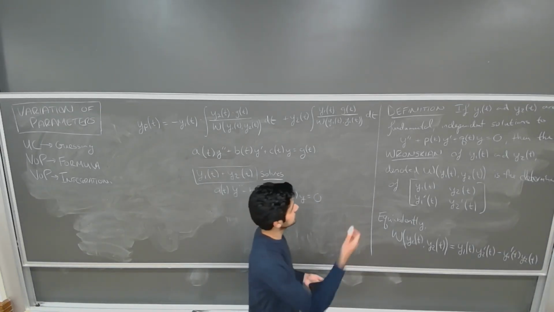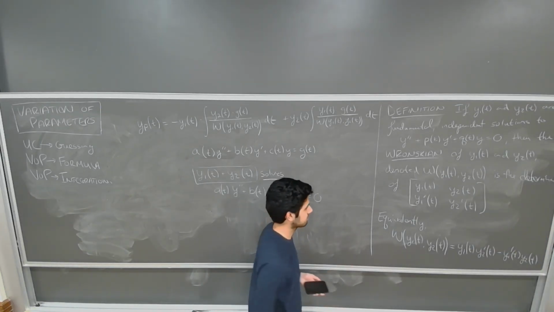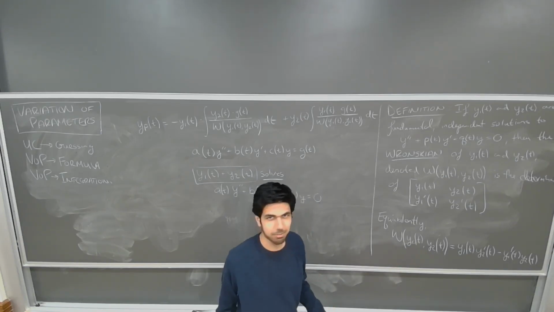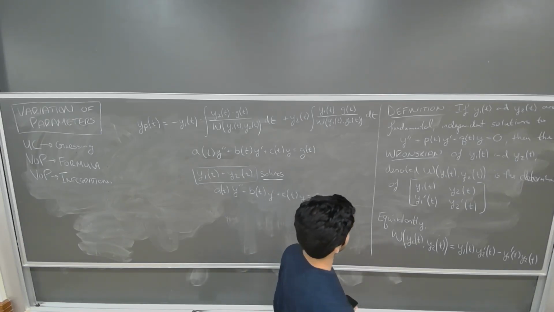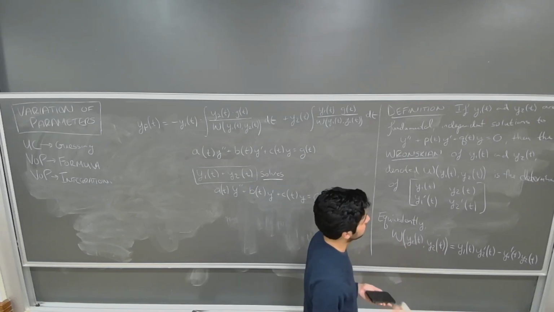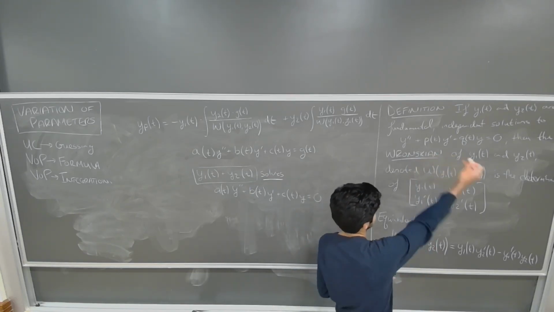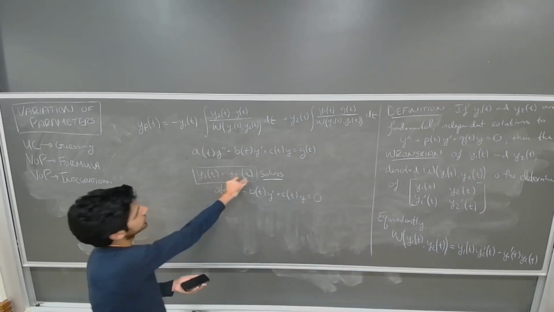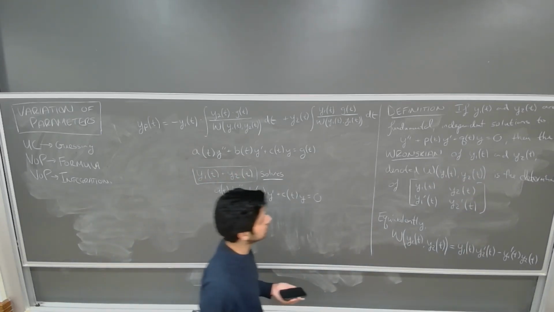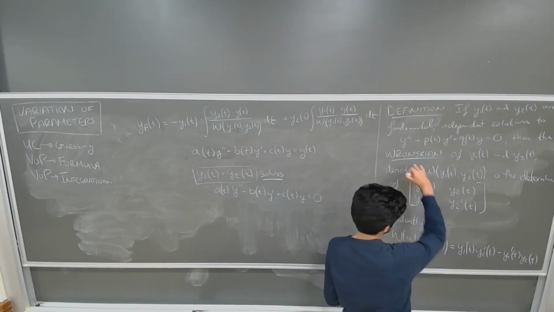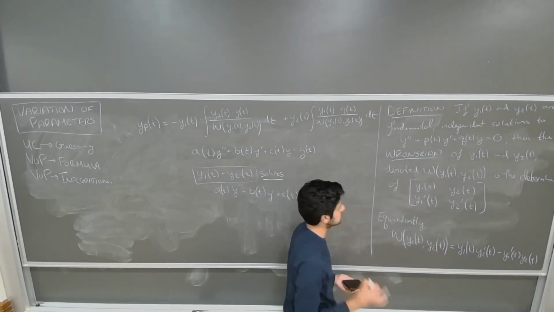Okay, so here we go. This is our definition of Wronskian. Handwriting got kind of funky towards the end, but let's just read over it. So we say if y1 of t and y2 of t are fundamental independent solutions to this differential equation, basically what we argued here, what y1 and y2 are, then the Wronskian of y1 of t and y2 of t,